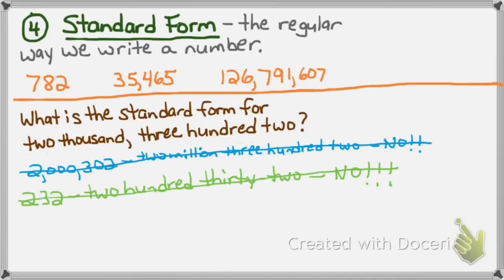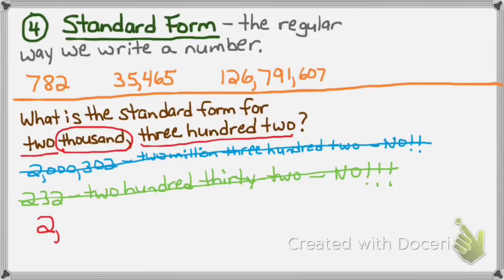To correctly write the standard form for a number that's written in a word form, first I'm going to break it down by periods. I know that the periods are separated with commas. So let's see what I have. I have 2, I'll write down the 2, thousand is the period with a comma, so I'll put the comma to show that that 2 is in the thousands period. So that is 2,000. Move on to the next period, which I know will be the ones period,